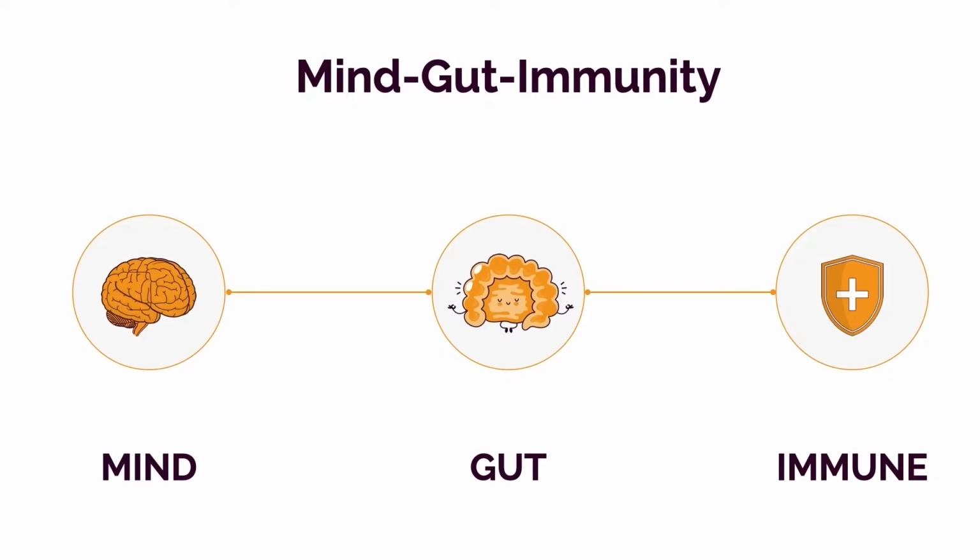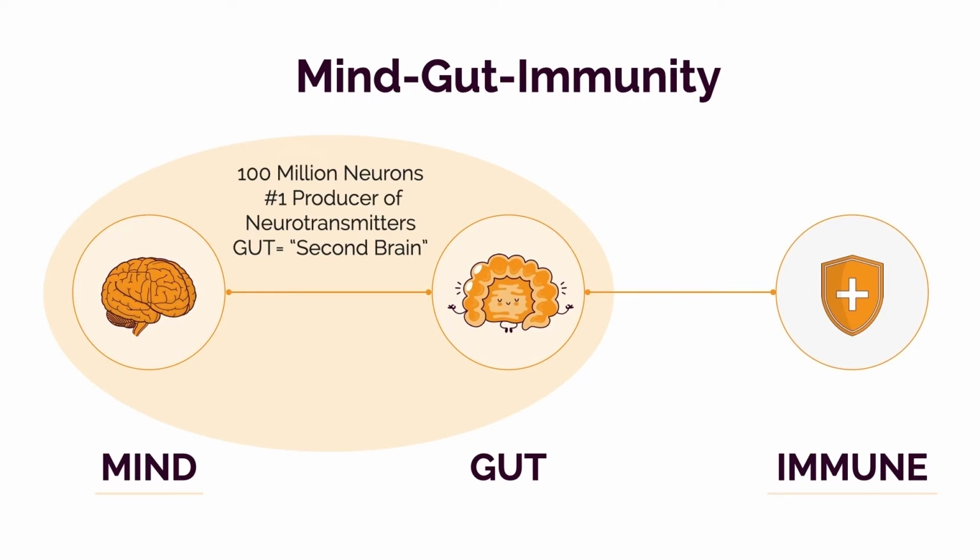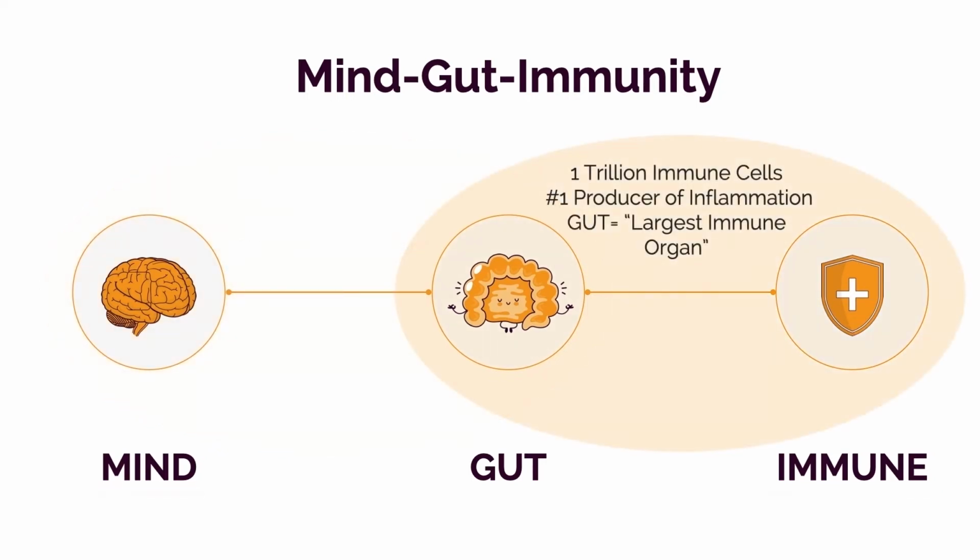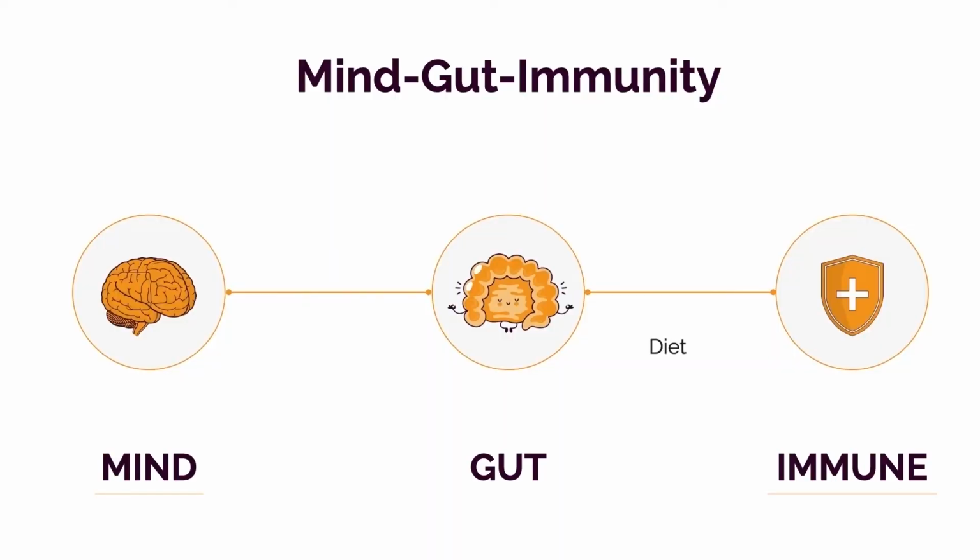Just look at this. The gut contains 100 million neurons, and it's the largest producer of neurotransmitters in the body. That's why it's earned the nickname, the second brain. It's also host to 1 trillion immune cells, which means a majority of your immune system is actually housed in the gut. So what are the principles we can leverage to favorably optimize the 3 parts of this axis? What is the most important and relevant question you can ask yourself? The answer, as I've said earlier, are the big 5 epigenetic environmental triggers: diet, digestion, sleep, stress, and exercise. They're the same 5 factors I mentioned.